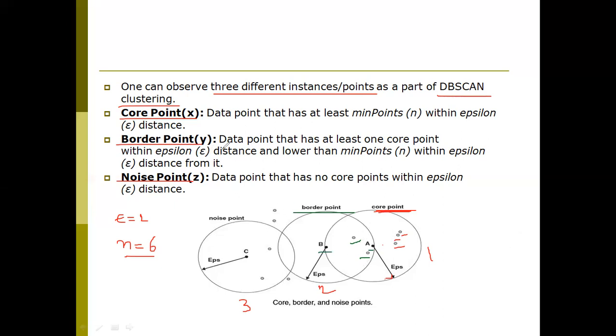See the point here: a border data point has at least one core point within epsilon distance, and has fewer than the minimum points within epsilon distance from it. Such a point is called a border point. For example,